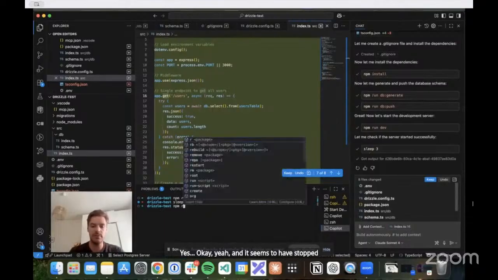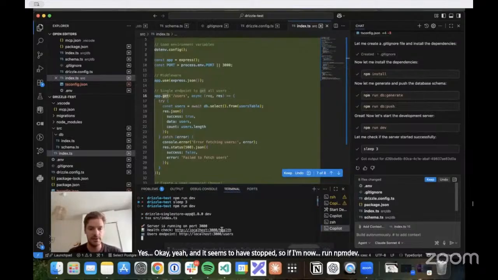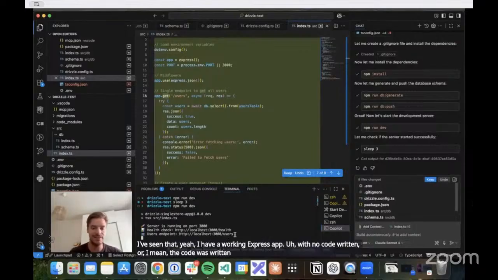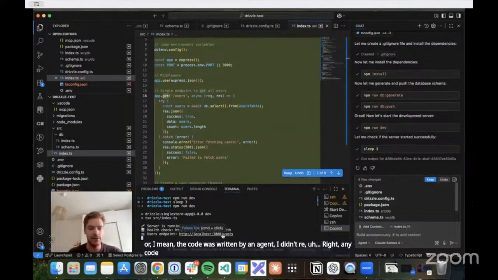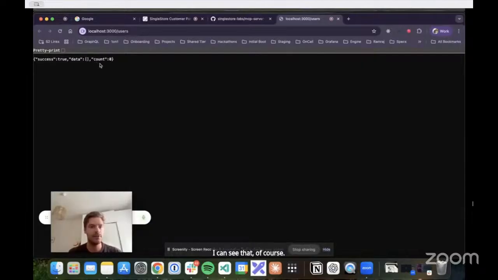So if I now run npm dev, I can see that, yeah, I have a working Express app with no code written, or I mean, the code was written, but by an agent. I didn't write any code. And if I navigate to the users endpoint, I can see that, of course, we have no users, but the endpoint works.